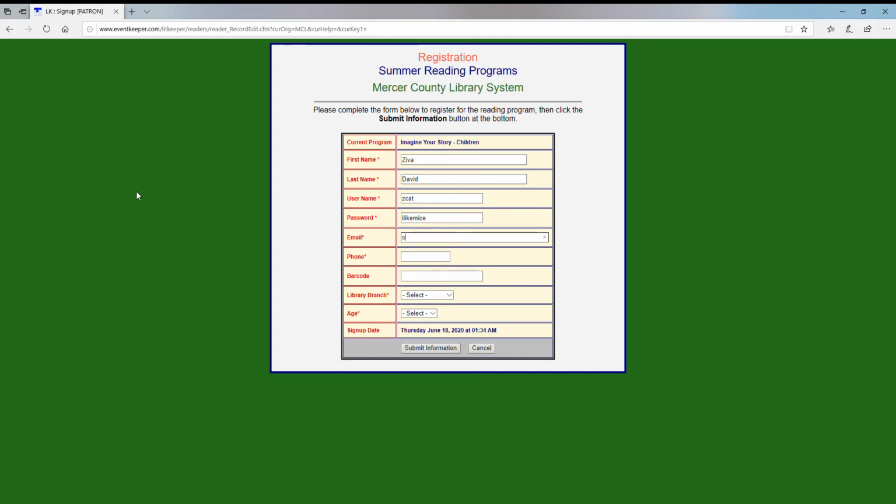And then you want to enter in your email address. Now, make sure to record what you've put down as your username and your password. That way you can get back in subsequent weeks and enter in your information, such as your books read or your number of minutes read. The last few things we ask for are pretty much, in addition to the email address, there for contact information. So if we need to call you in regards to prizes or any kind of contest we may be running,